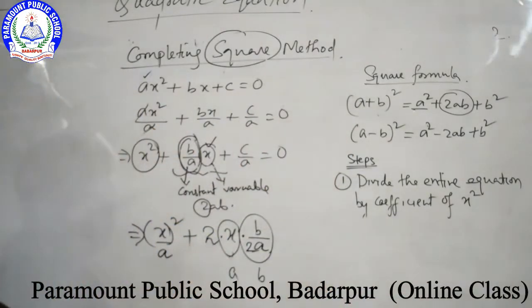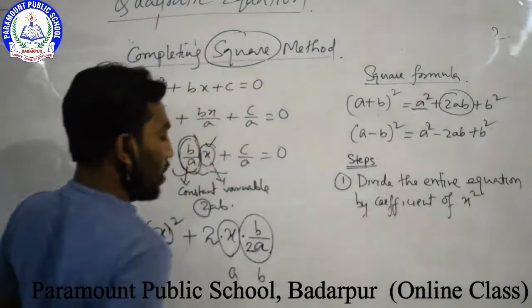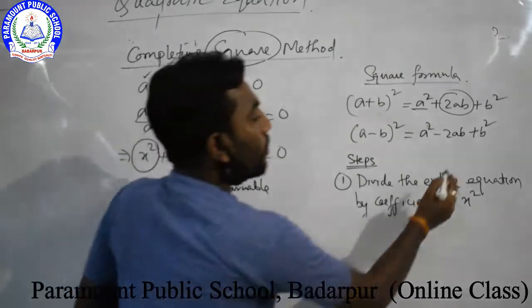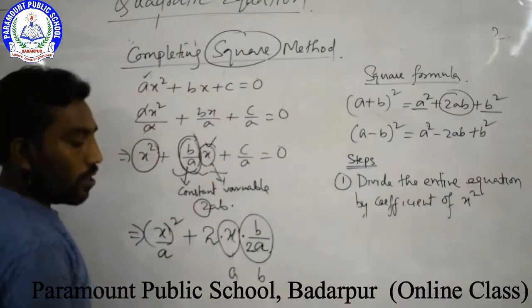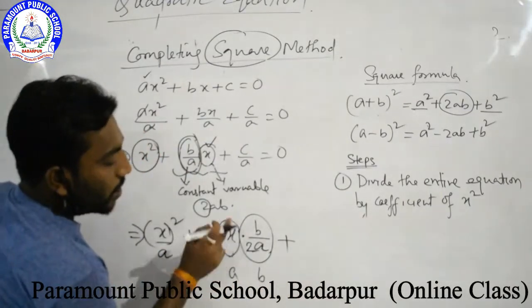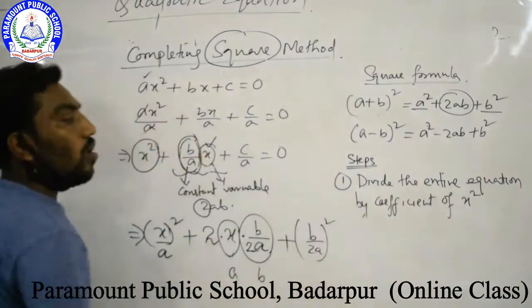Okay, understood? Now what is our formula? A square plus 2ab. So a square plus 2ab. Now what is left? B square. So what is the b value from our given term? We can see that b by 2a is nothing but our value of b